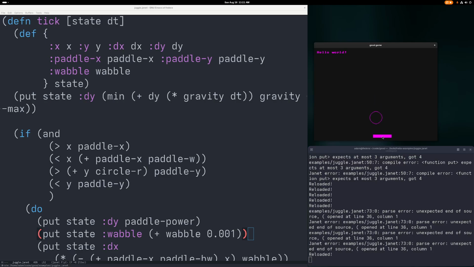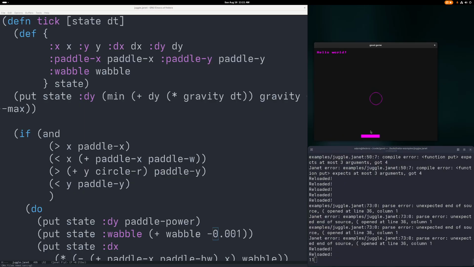So, all right, I'm adding a positive number. I probably need to be adding a negative number so that the angle stays the same. So first bounce, not too bad. Is that getting wobblier? I think it might be. So yeah,